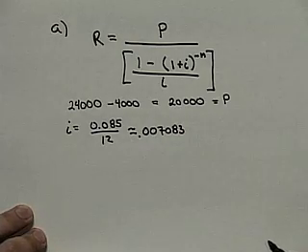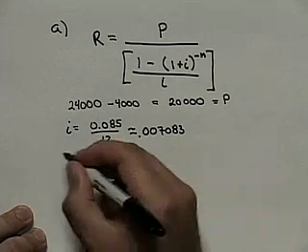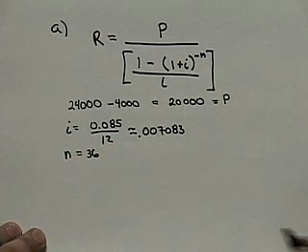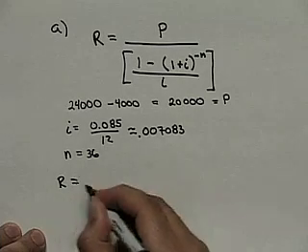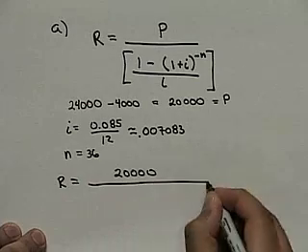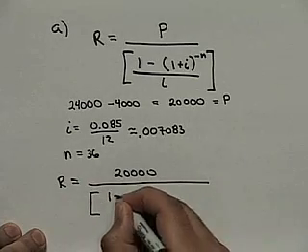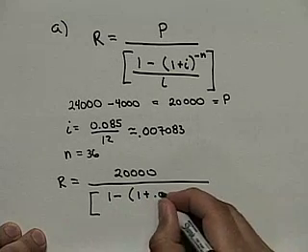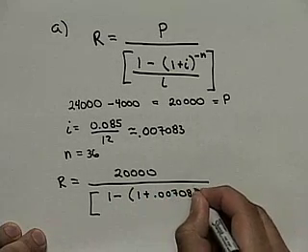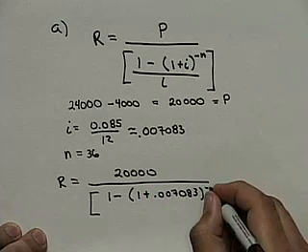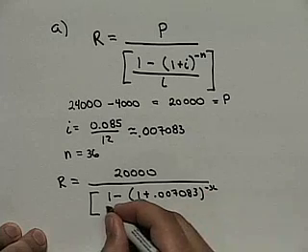Now, the last thing we need is to know the value of n, and in this case, since we're paying it off in 36 months, the value of n will be equal to 36. So using these values in our formula, what we find is R equals 20,000 all over 1 minus 1 plus our value of i, 0.007083, all of that raised to the negative n, which in this case is negative 36, and then divide